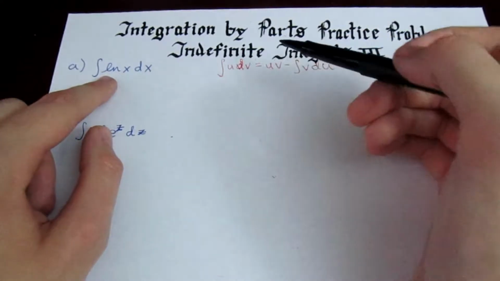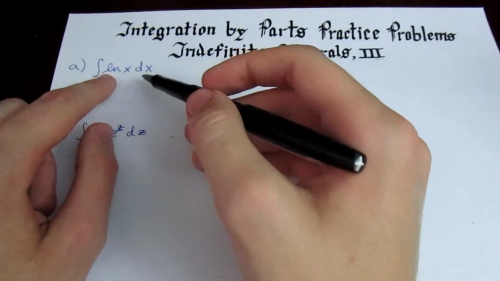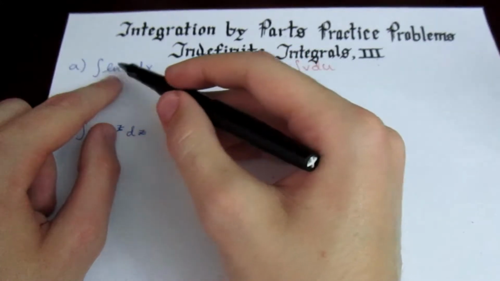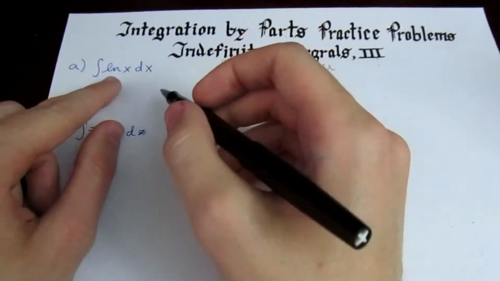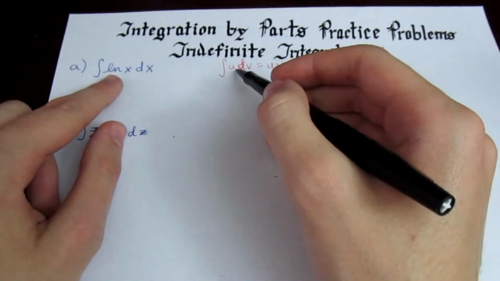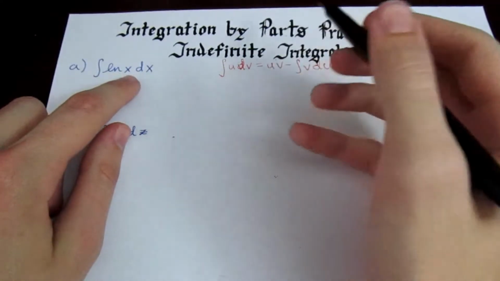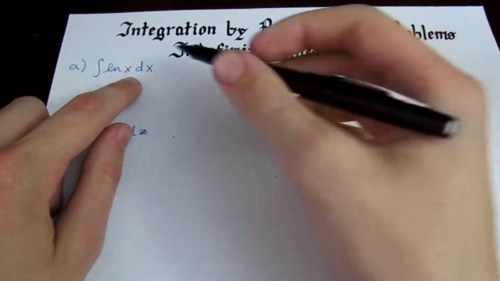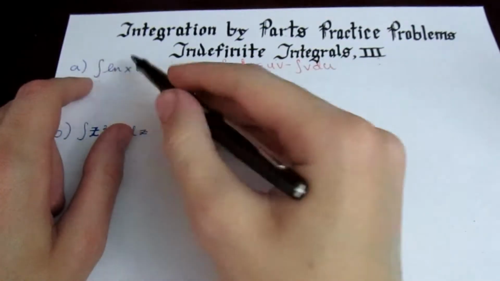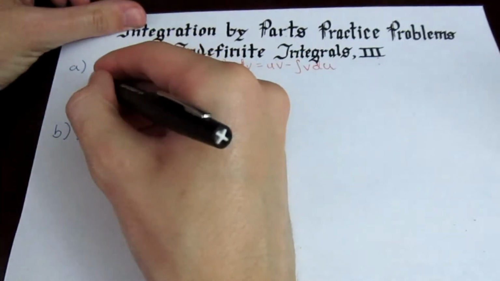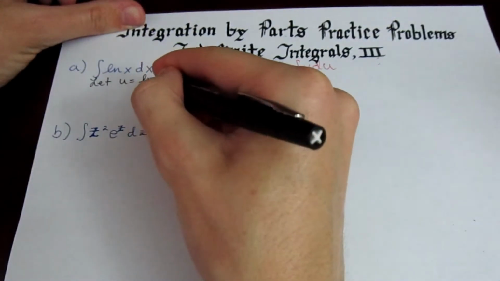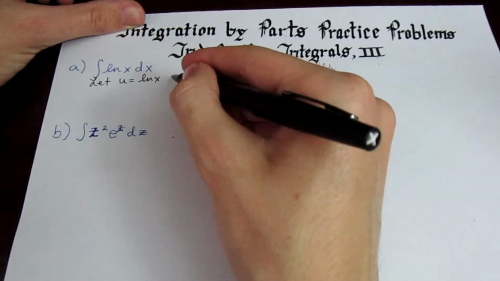I said there has to be a product, and it doesn't seem apparent at first that this is a product, but it is. ln of x times 1 dx, essentially. Now, u needs to be something we could differentiate easily. dv has to be something that we could integrate easily. Well, ln of x, we know the derivative, but to integrate it, that's the whole point of this problem. So, therefore, we are going to let u equal ln of x,